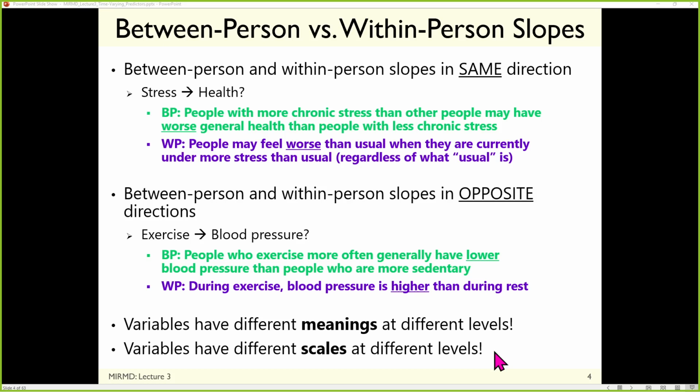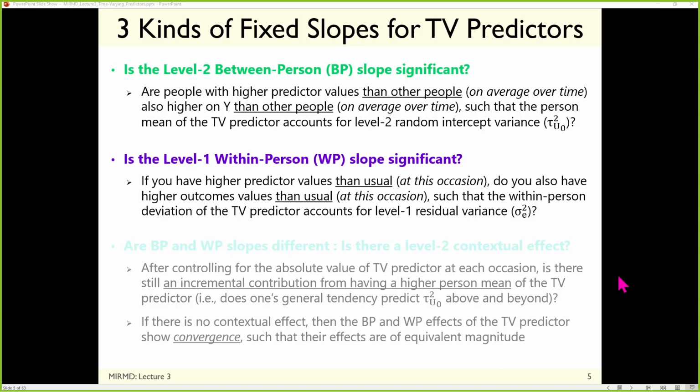So in longitudinal data, it is almost always going to be the case that you'll have a different relationship between persons than within persons for your time-varying predictors. And for the same reason that we can't just do regular regression on longitudinal outcomes, we can't ignore this problem in longitudinal predictors. It's two different things at a minimum. So there's going to be 3 different kinds of main effect slopes that are potentially available in a time-varying predictor that has variation at between person and within person levels.